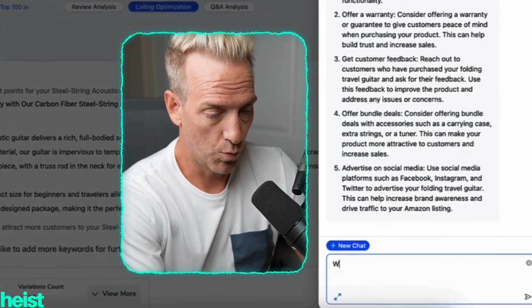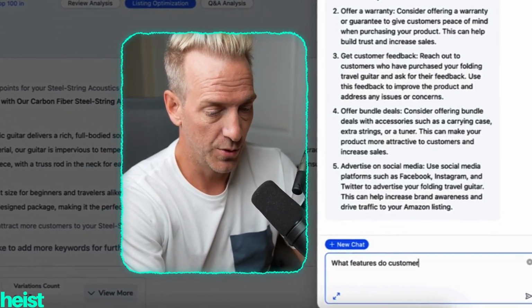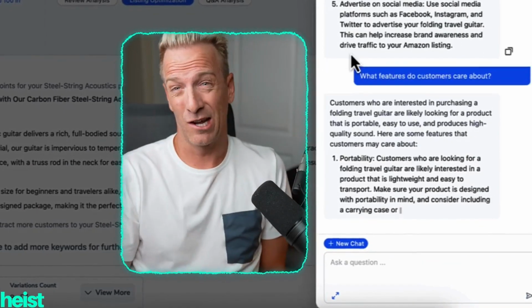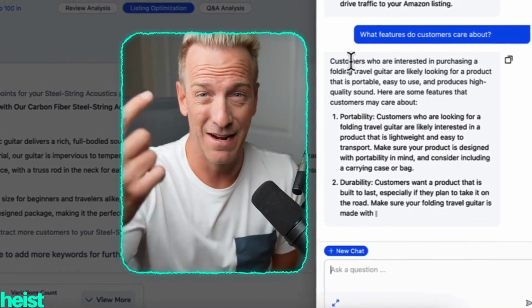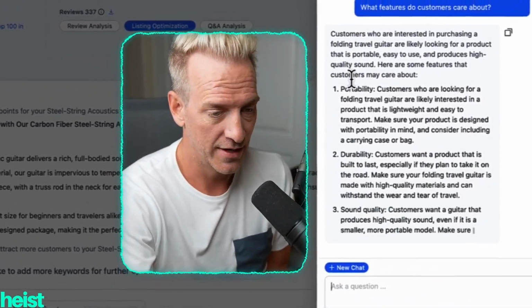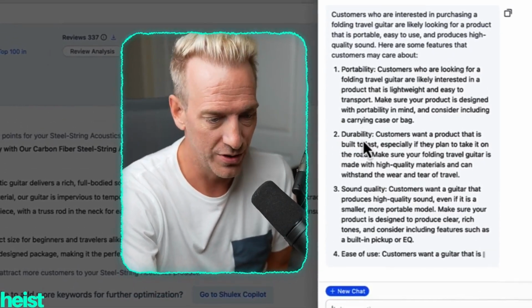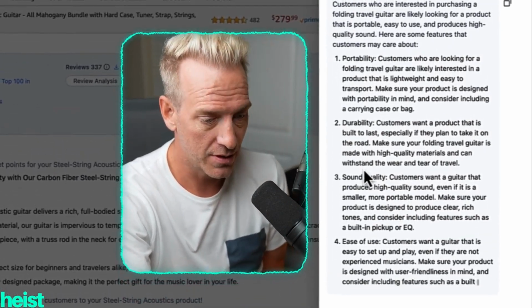What I could also say is, what features do customers care about? And then it's going to come out with these awesome features here again by assessing the actual category itself. So it's got portability, durability, sound quality, ease of use, and affordability. Now, if you have the paid version, you can also go to Full Insights and create a specific report on this actual product